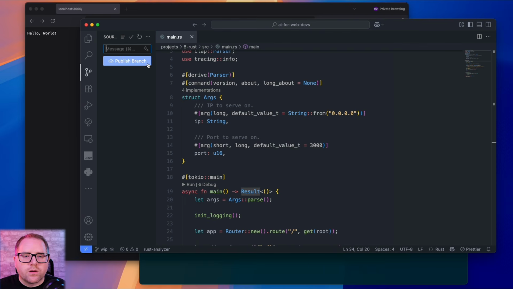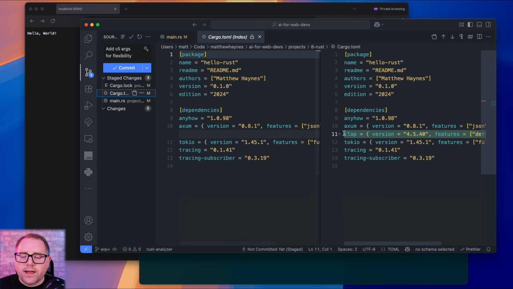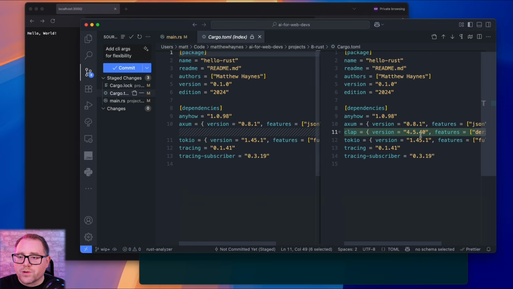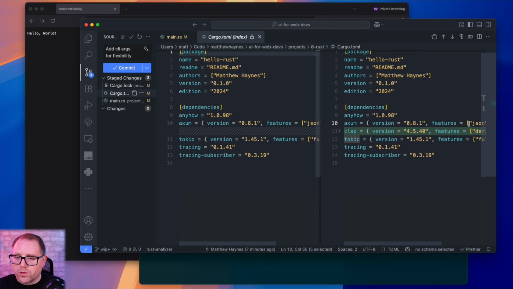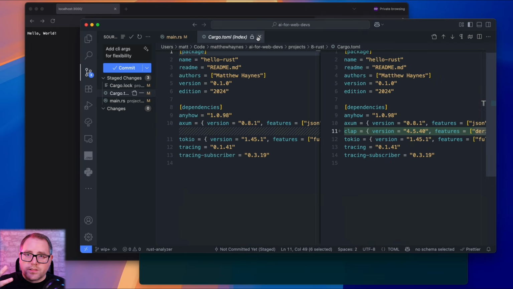If we take a look at our changes now, we added a new package called clap, which is command line argument parsing. And we're going to use the derive feature. I should have gone over those other ones. So Axum, JSON and Tokio support feature flags. And then for Tokio, we're just taking the whole shebang. So derive in this case uses the derive macro to make things more streamlined, with less boilerplate. So command line argument parsing.